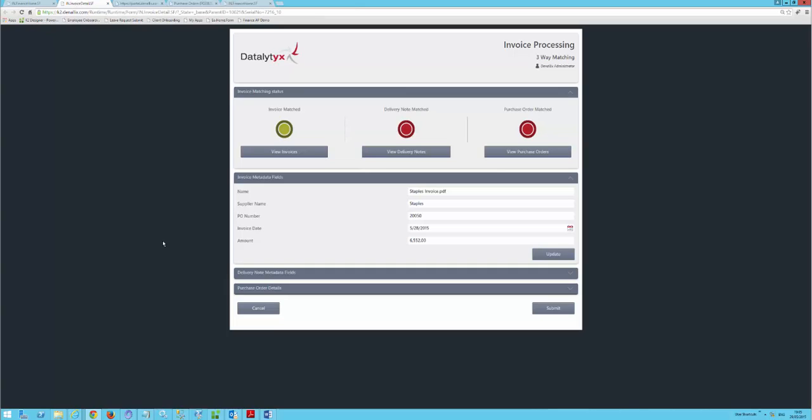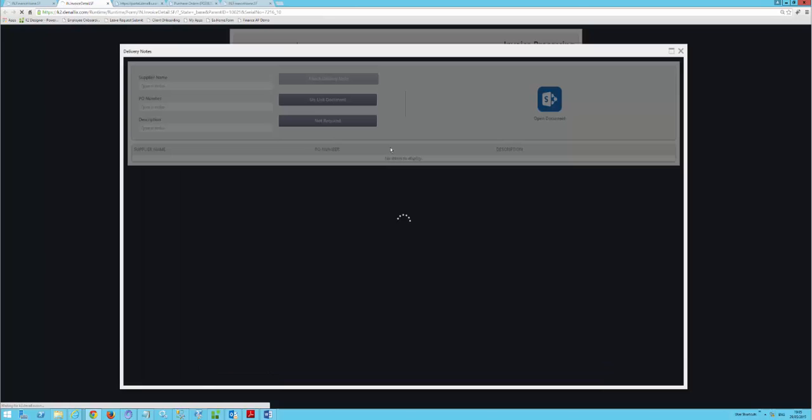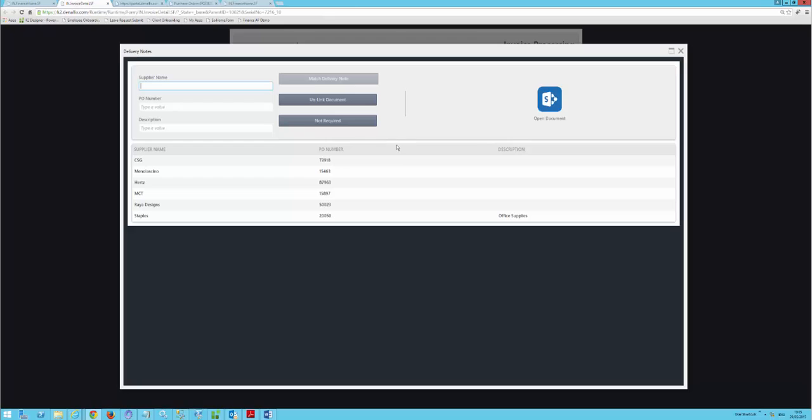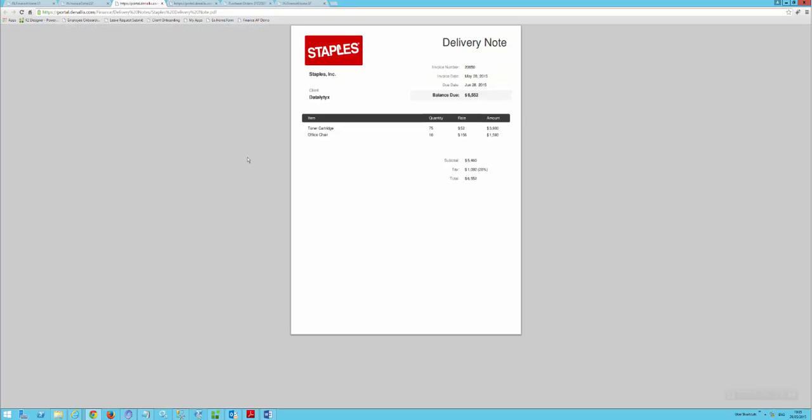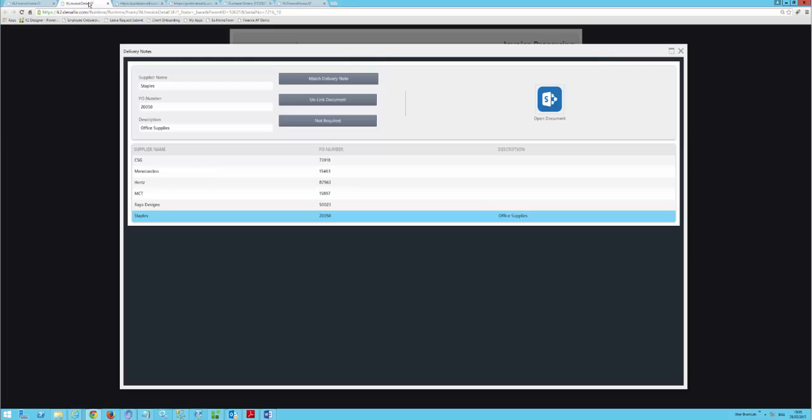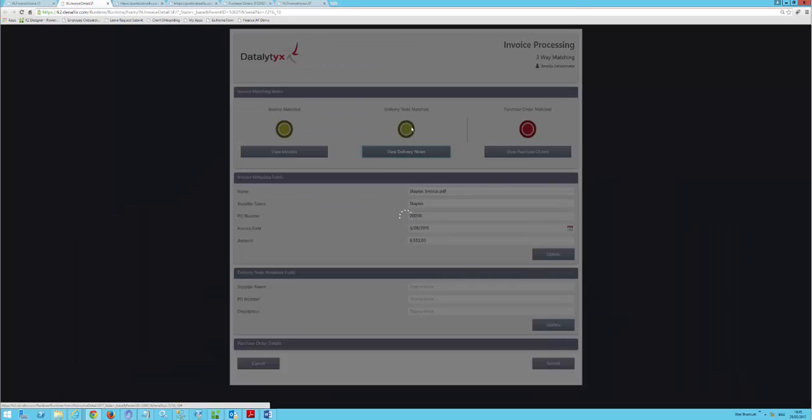Well, that may not always be the case. There might not be a delivery note, or there might not be a purchase order for every invoice. But we can have a look, see which delivery notes are available, and then I can see at the bottom there, this matches our purchase order, and it's got our description as well. So I can click on that, and then I can open this document to see if it is in fact the one we want. So yeah, this is a Staples delivery note for our cartridges and office chairs, so I'm happy with that. So if I go back to my form and click on match delivery note, this is now